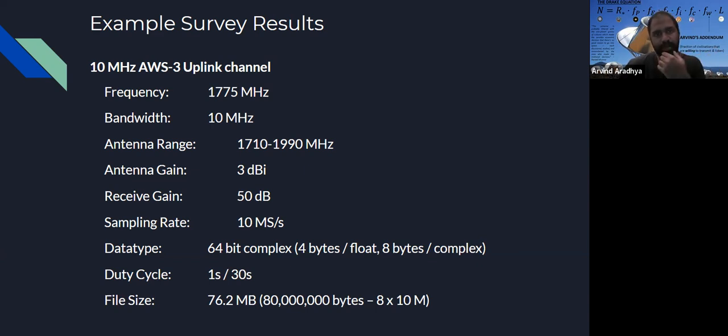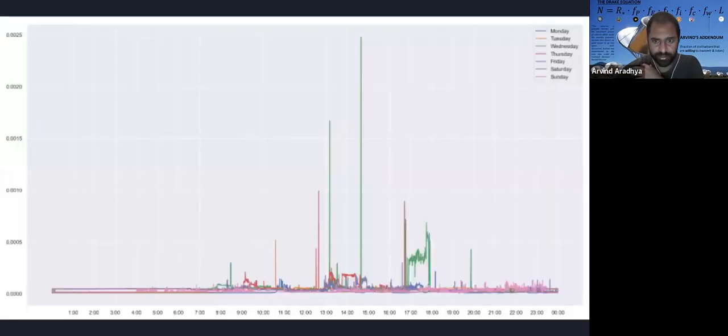So what we did was look up the Amazon Web Services uplink channel, which is operating on this particular frequency, and these are all the other parameters that you have here. So frequency, and bandwidth, which is basically how broad the footprint is that I was talking about earlier, what that signal occupies in this frequency space. And then some other specs. What we did was record for 1 second every 30 seconds. So we just recorded a 1 second burst at intervals of 30 seconds. And this is a problem because it generates a really big file. This is just for 1 second. And then if you do this over weeks, you already get gigabytes and terabytes. So that's just illustrating it. This is what it looks like.